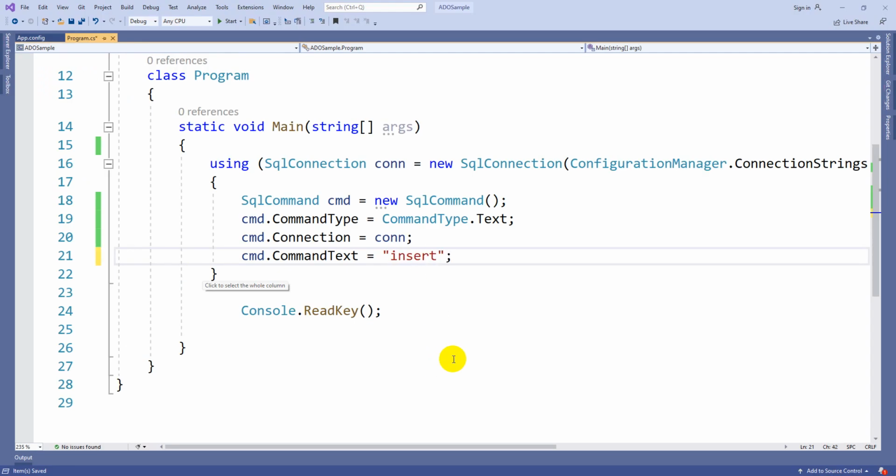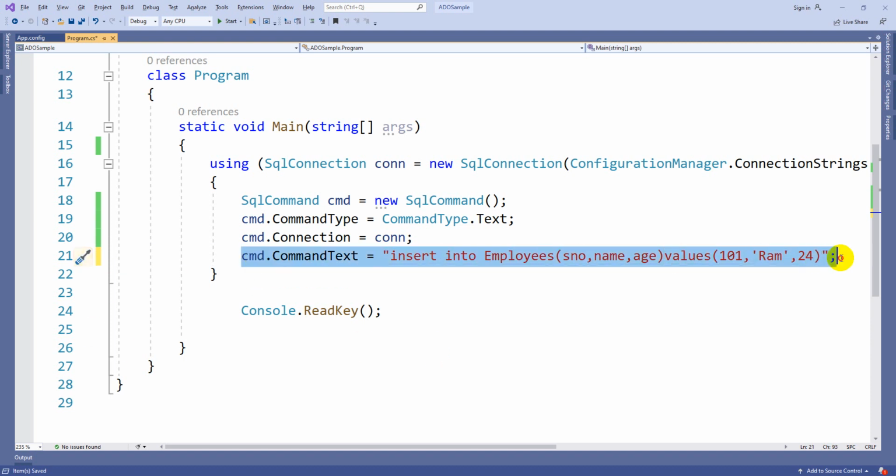Insert into employees, where you can mention the columns also for more clarity: serial number, name, comma, age. Values of, so here I can pass serial number 101, name is some Ram and some age. This is the query I just want to get executed.